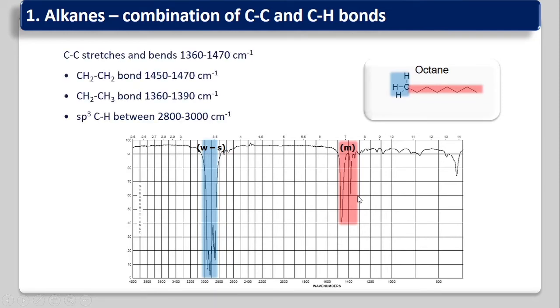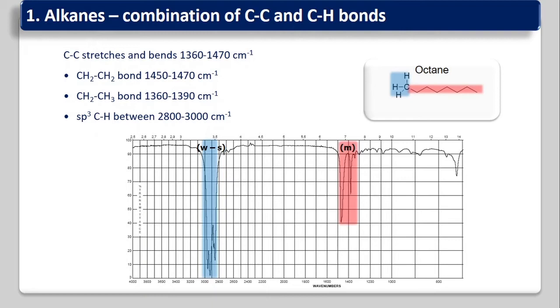So see here, carbon-carbon stretching and bending frequencies absorb at 1360 to 1470 centimeter inverse. Practically, these bands are not useful for the interpretation of the data, because almost all compounds contain this carbon-carbon single bond, because this is the skeleton bond. These appear in the fingerprint region, so we can't identify very easily whether this is a carbon-carbon single bond, carbon-oxygen single bond, or carbon-nitrogen single bond. But still these values are important.